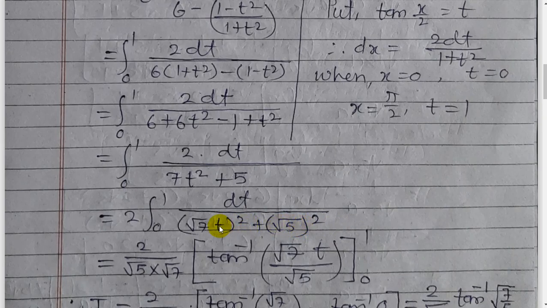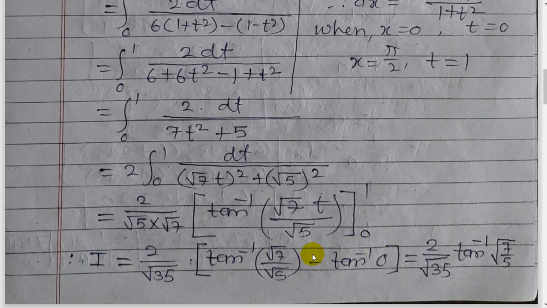So this is of the form integral 1 upon x square plus a square, which has the formula 1 by a into tan inverse x by a plus c. But do not write plus c here because it is definite integration, but you have to write plus c always in indefinite integration. Therefore, I equals 2 upon root of 5 because it is 1 by a. But the coefficient of t is root of 7, so we divide by that coefficient, it is a rule in integration. And tan inverse root 7 into t upon root of 5, whole limit 0 to 1.